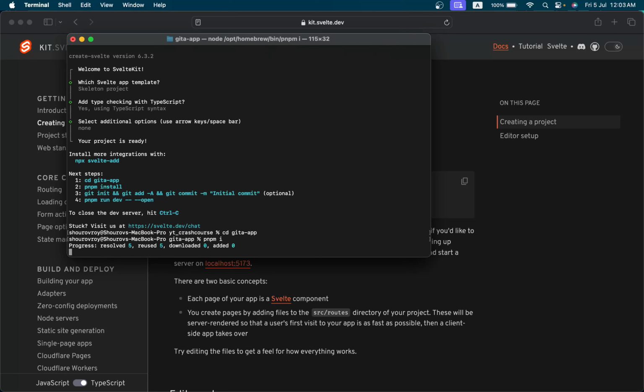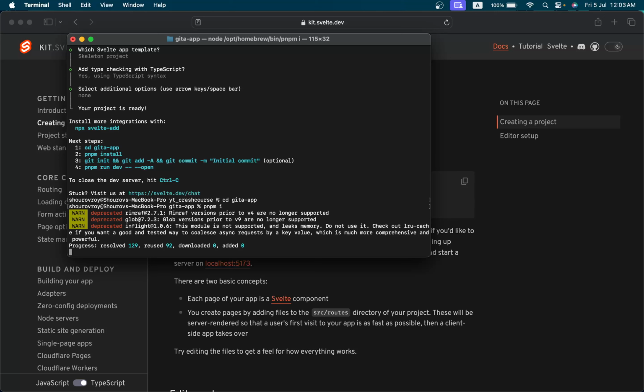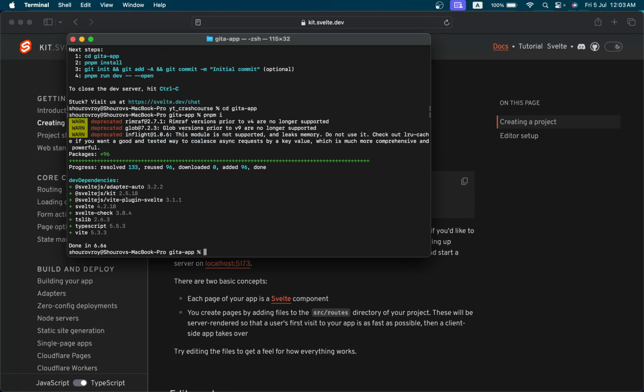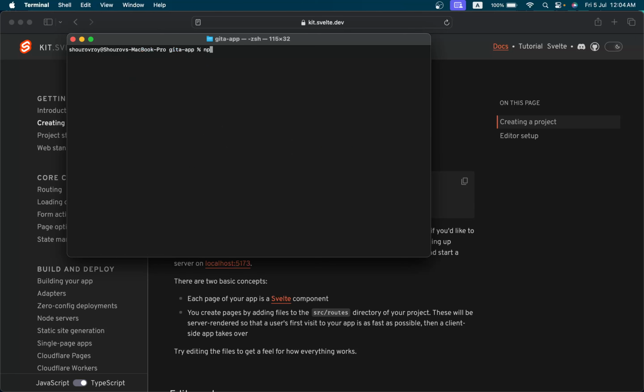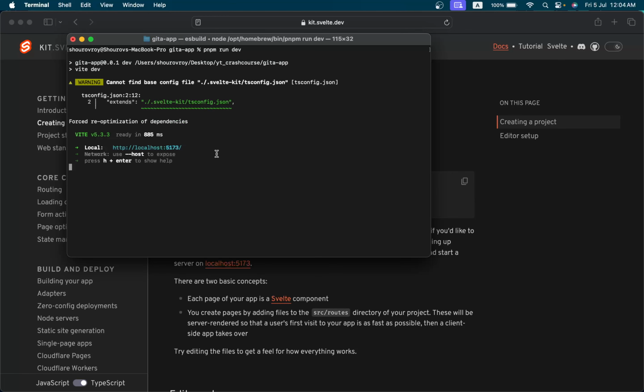So it doesn't take that much time as npm used to take, as pnpm has its own specialty that it can link the packages that already exist on its other projects. Okay, so to run this application we need to use pnpm run dev, and it will give you a